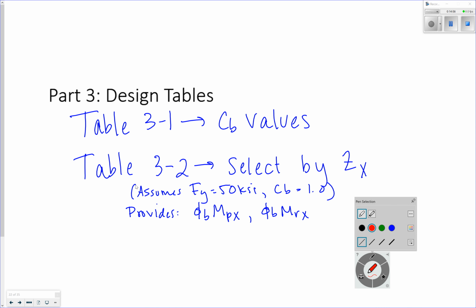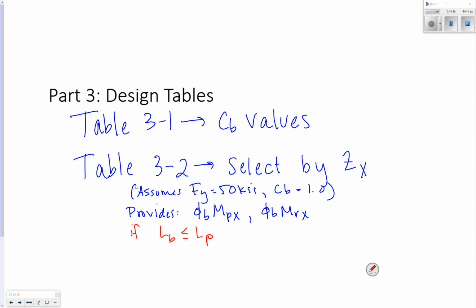Let's see. If your unbraced length is less than or equal to the length associated with your maximum plastic moment, your moment capacity is your maximum plastic moment. If it's not,